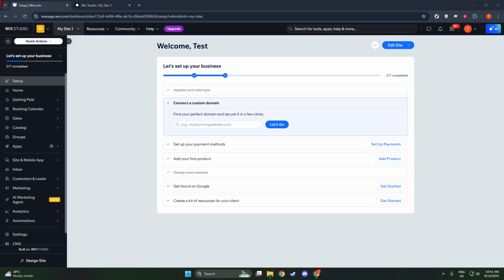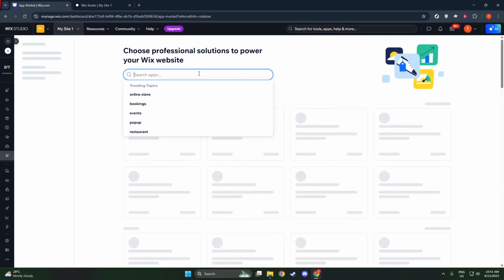Let's start by navigating to the Wix app market. This is a treasure trove of features that you can add to your site to enhance its functionality and aesthetics. Once you're there, locate the search bar and type in WhatsApp chat button. This will pull up options that allow you to integrate WhatsApp easily. These app market options are particularly ideal if you're looking for a solution that's directly supported by Wix, ensuring smoother